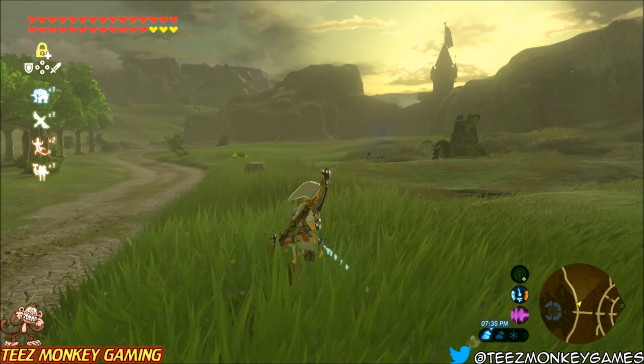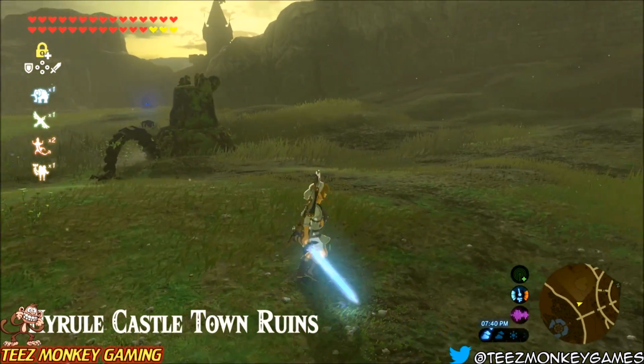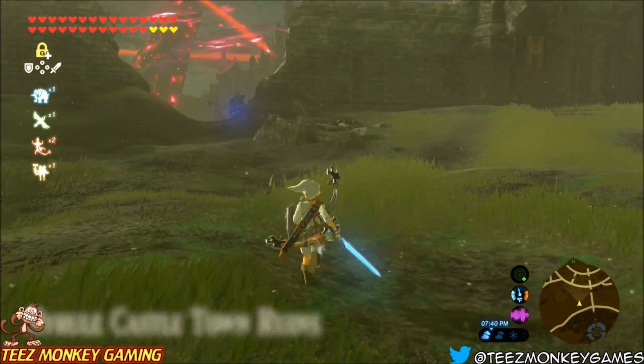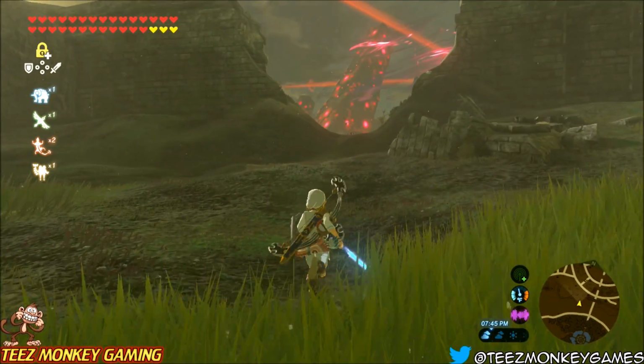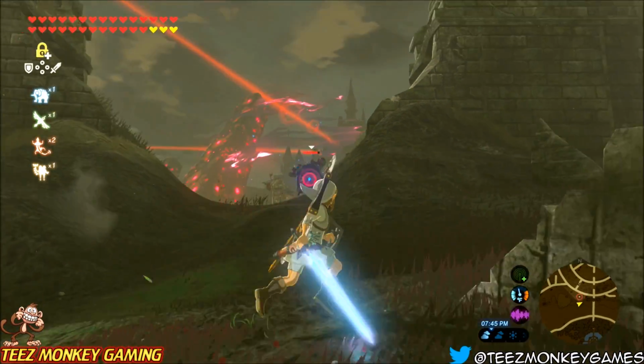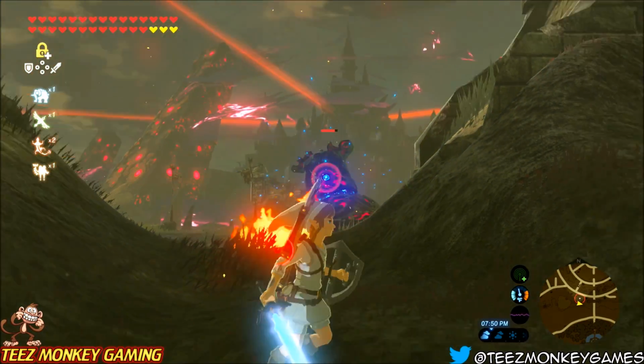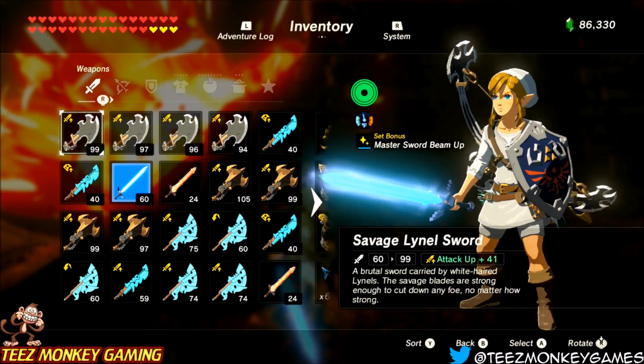But I can go up here. It is now charged up. You can also use this as an indicator, letting you know that a guardian is near. You can go in here. You can see we throw that beam. It doesn't do much damage, even though we are also wearing